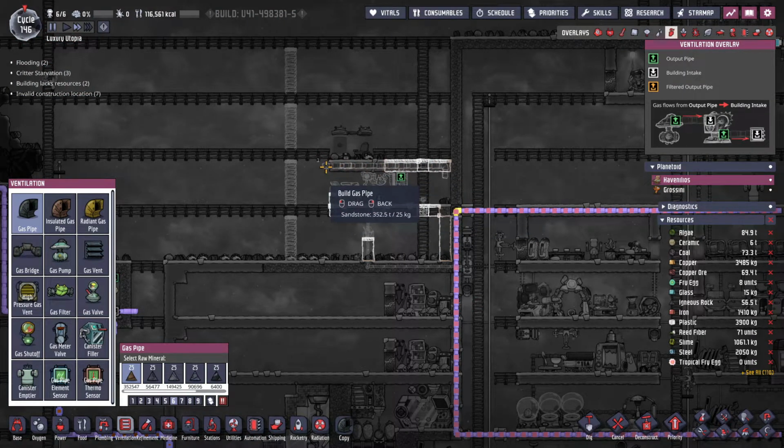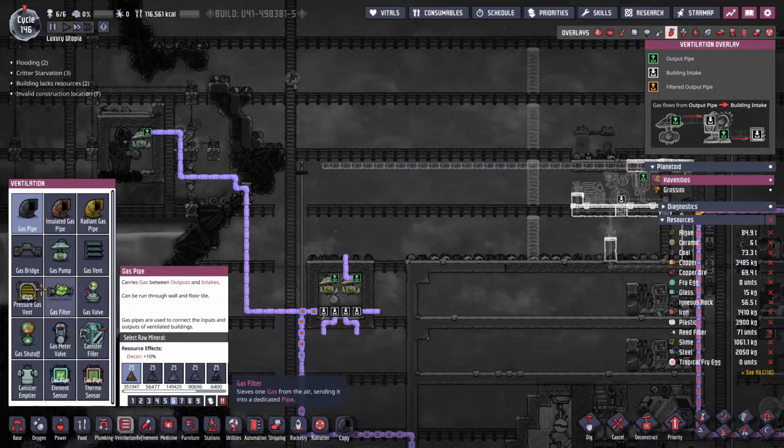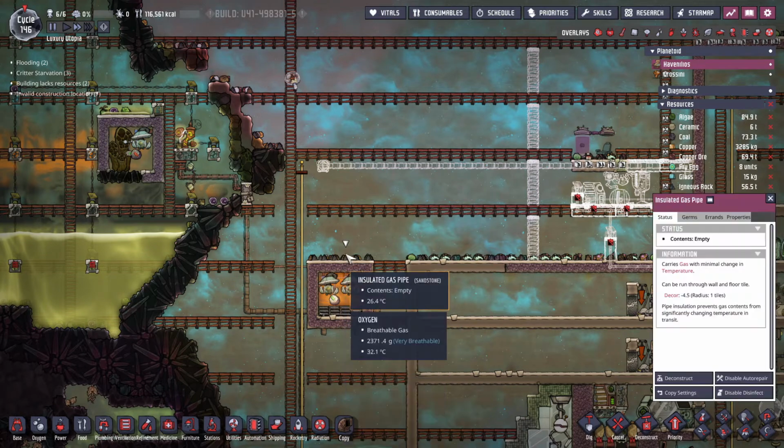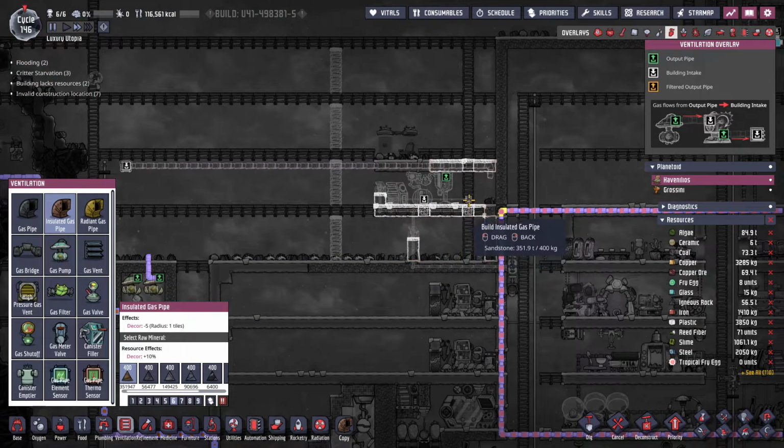And then I'm not gonna put that in the storage. It's gonna be very, very little anyway. But what I'm gonna do is I'll move it somewhere here, out of the way, high pressure gas vent, to make sure that it never overpressures. And then we're gonna have some insulated pipes going to our gas generators,